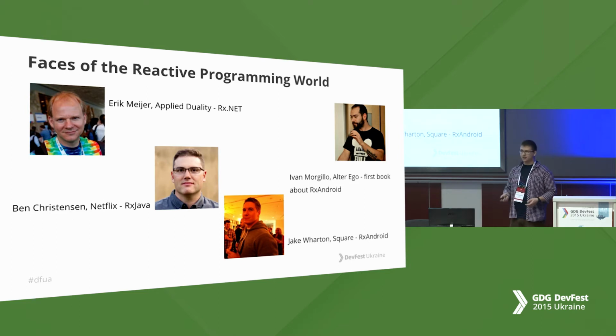Ben Christensen, whose team created RxJava in its nature for Java, and Jake Wharton from Square, who made a lot for making it suitable and useful to use RxJava for Android, because Android has some specifics, you know.